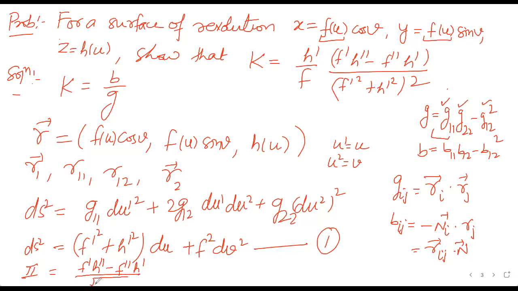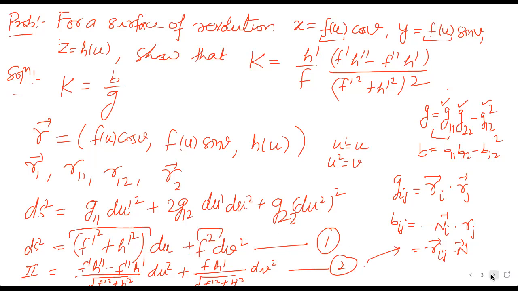under root f dash square plus h dash square du स्क्वायर, इसका भी b12 0 आएगा आपका, प्लस f h dash अपॉन अंडर रूट f dash स्क्वायर प्लस h dash स्क्वायर dv स्क्वायर, इक्वेशन 2। ये वैल्यू इसकी आएगी सेकंड की, ठीक है। इसे आप कैलकुलेट करेंगे बाय यूजिंग दिस फॉर्मूला। So finally you got ds2। अब इससे अगर हम कोएफिशिएंट कंपेयर करें, because I want b and g, so if you will compare your coefficient, this is your g11, this is your g22 and g12 is 0।